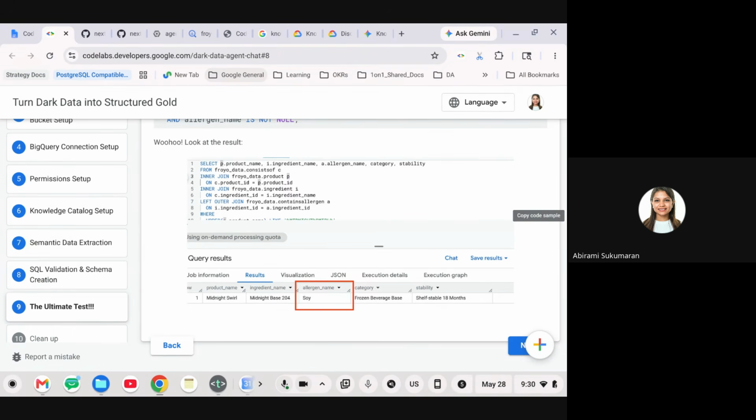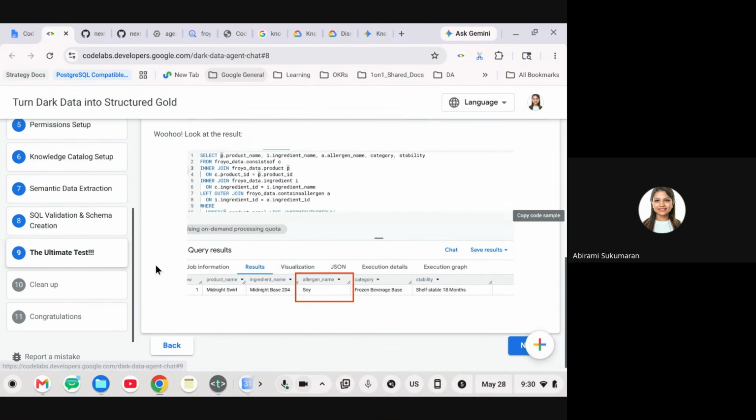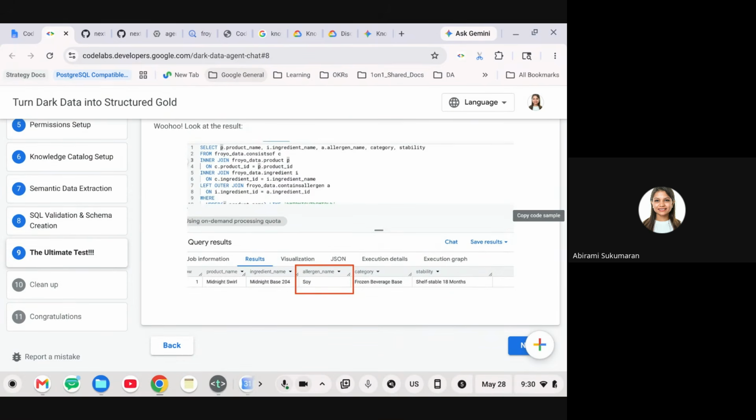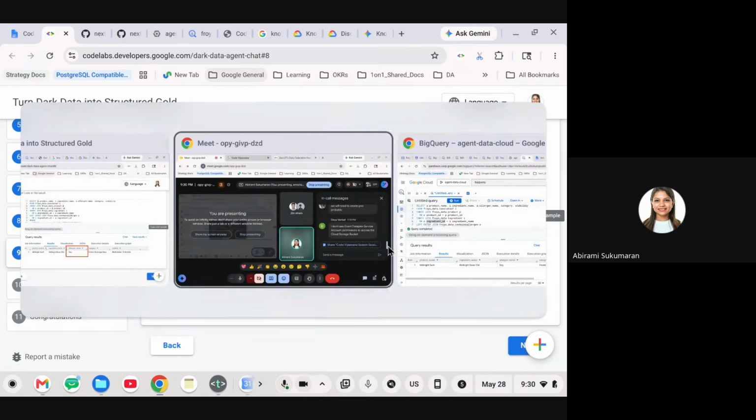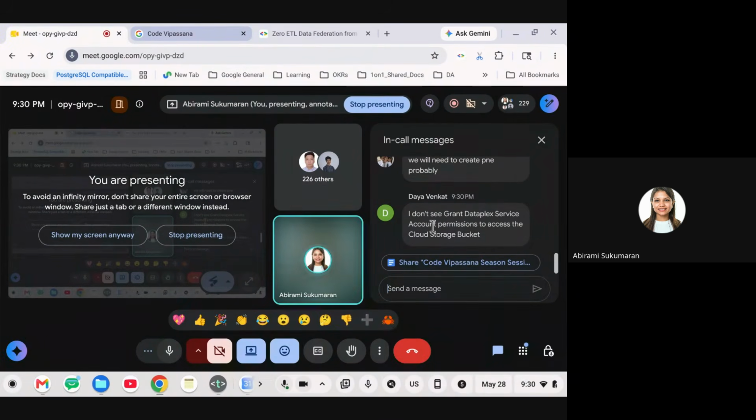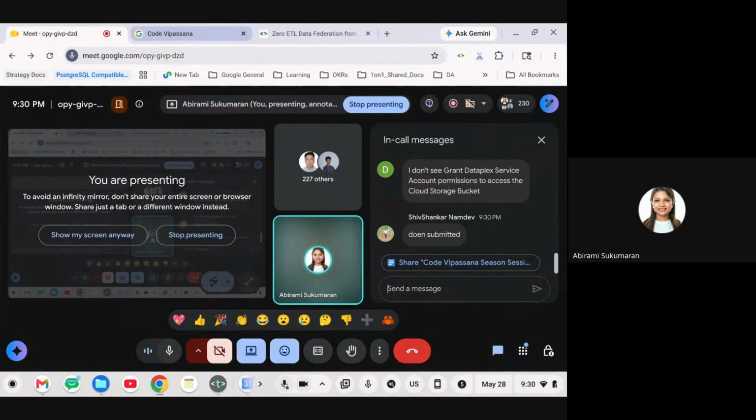So go ahead and try this out in your organization or for your own projects, whatever it is you're trying to do. But for your learning journey, go ahead and submit the result so that you get to participate in what's going to happen the rest of this season.